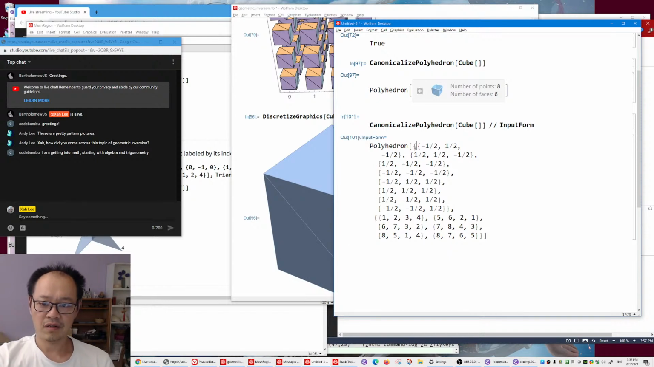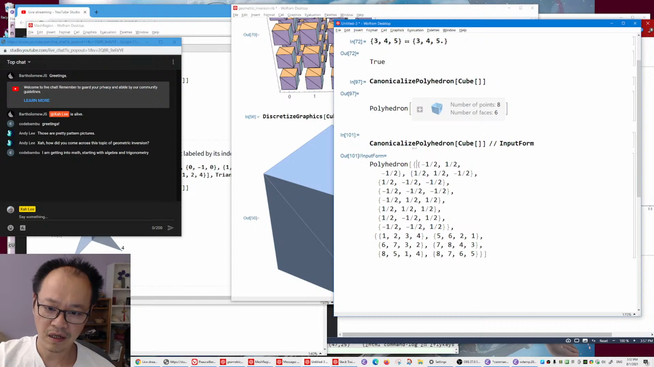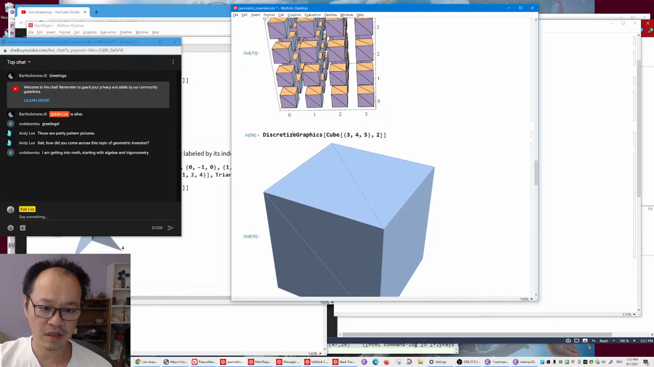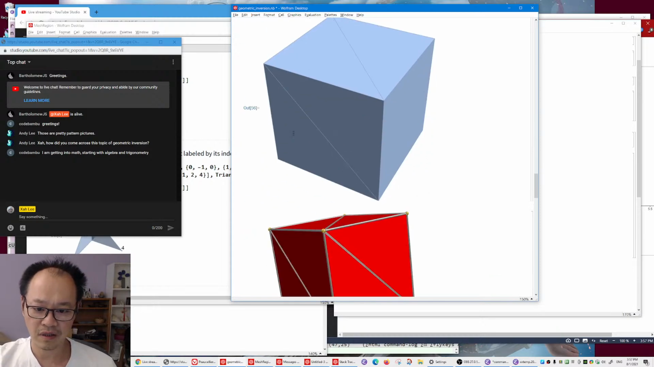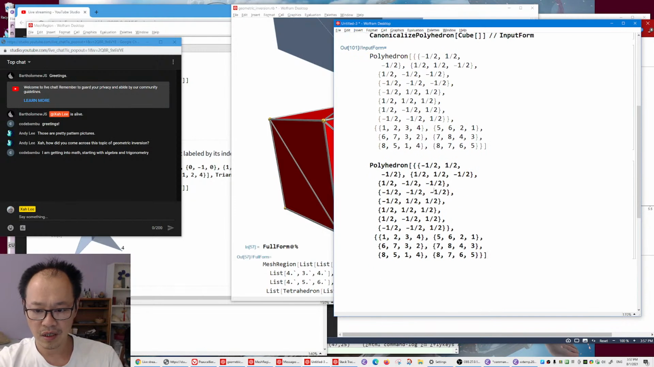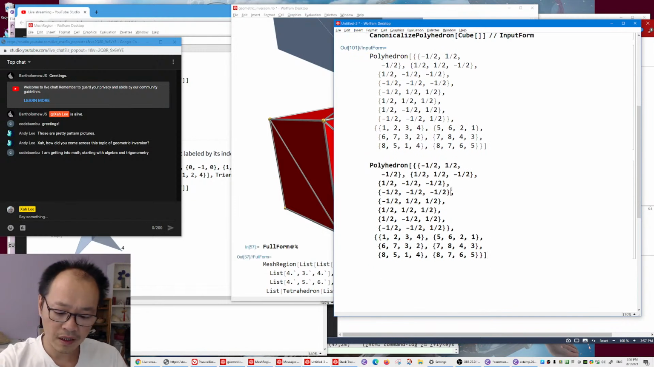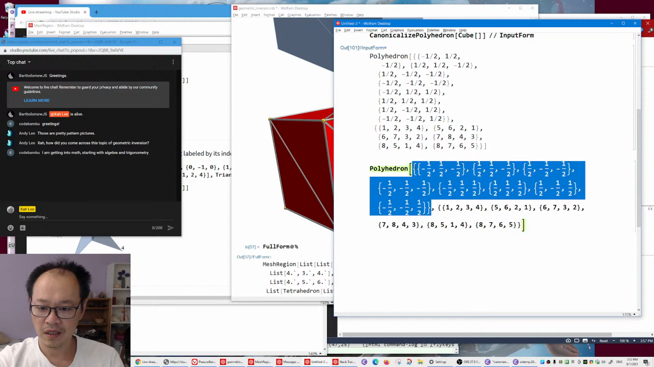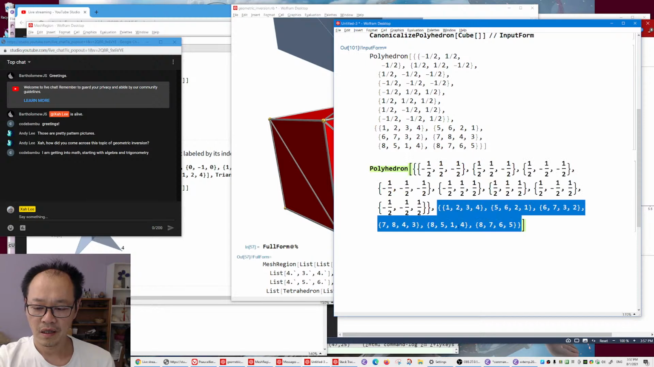Okay, so I should use canonicalized polyhedron instead of discretized graphics, because this is better. So cube becomes a polyhedron, and polyhedron has 2 arguments. So let me show you. Polyhedron has 2 arguments. The first part is a bunch of points. The second part is a bunch of polygons. They specify how